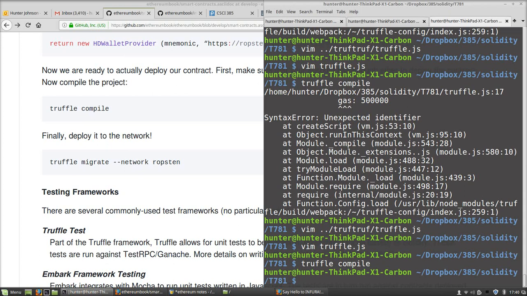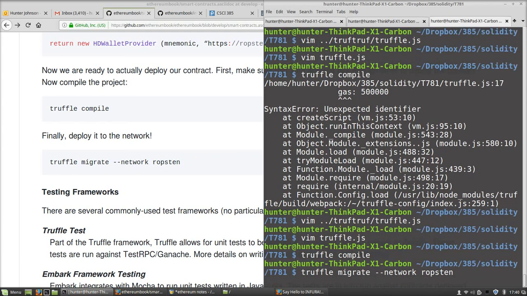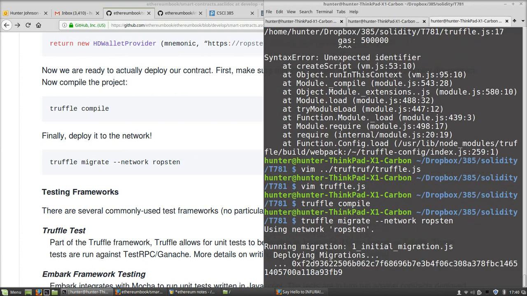Okay, so great. Now let's try migrating again. And network is Ropsten. Okay, so what we're waiting on now, I believe, is for this transaction to be mined on the Ropsten network, and so you'll have to